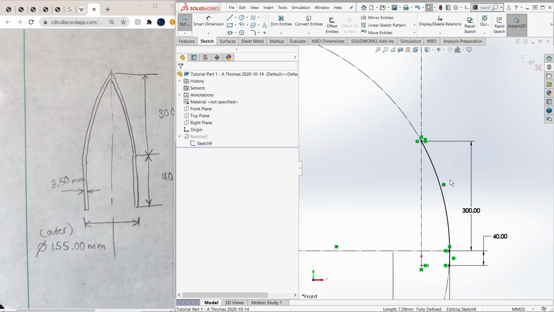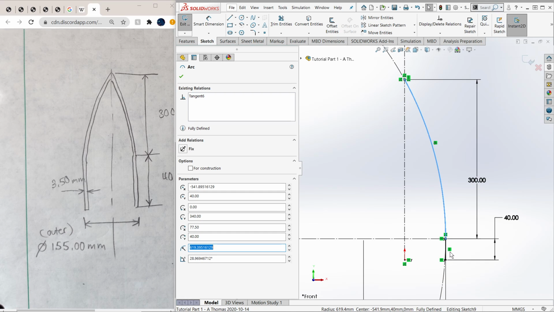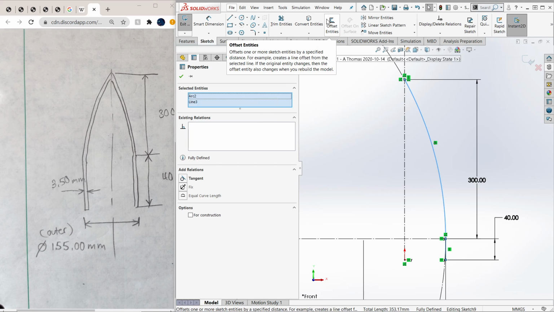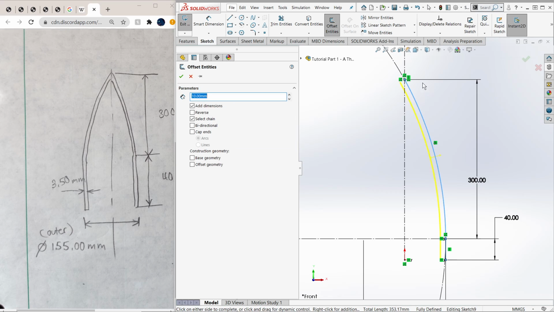So Phil suggested using the offset entities tool. This tool is really useful. I'm going to click on the things that I want to offset. So click on that first curve, that tangent ogive curve, and click on this straight section. And then at the top, to the right of the trim tool, is the offset entities tool. You click that, and then you can see it takes all those features and will offset them either